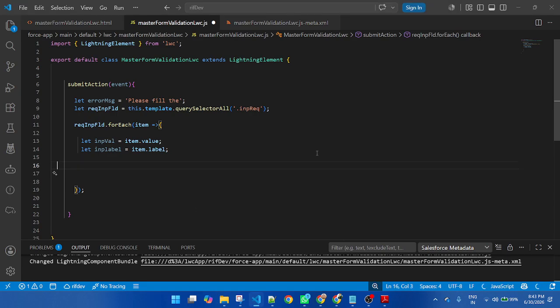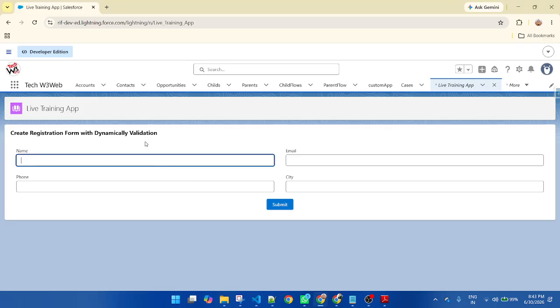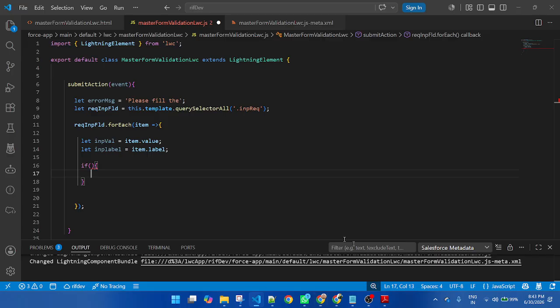Then here I will check if this input field is blank, then I will display the error message below the input field. And if not blank, then it will hide the error message. So it represents not.